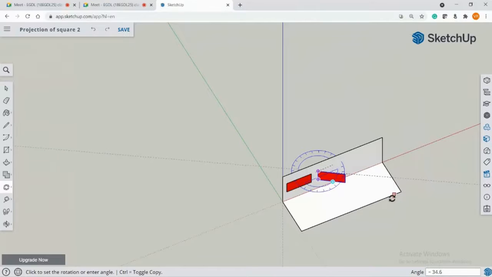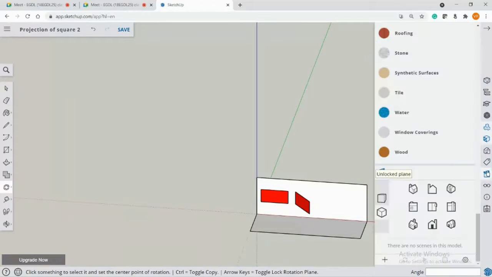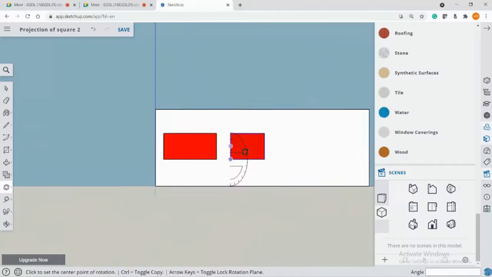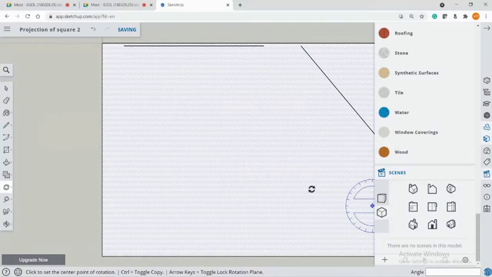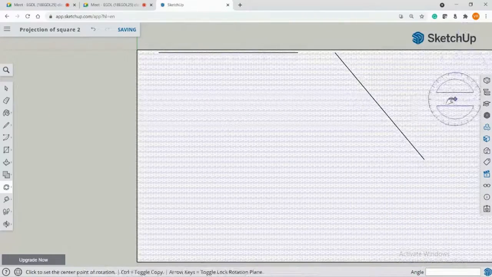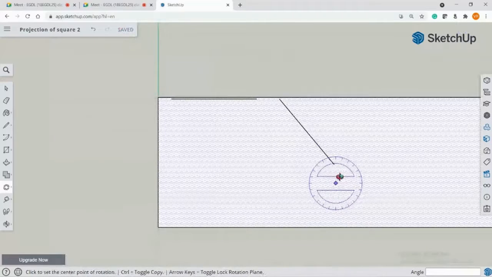Just for reference, I'll show you taking any angle here. Let it be. Okay. Now, when you see the front view in this position, this is how it looks to you. It looks like a square in the front view, and in the top view, it looks like a straight line to you. This is your second step.